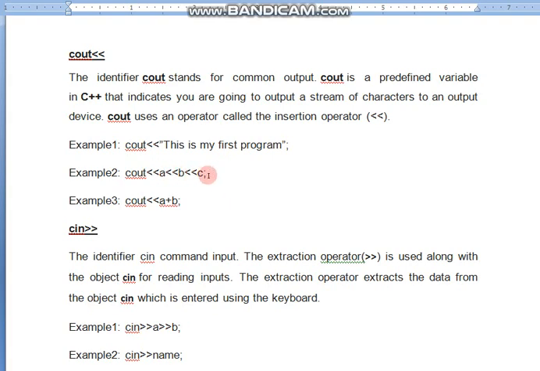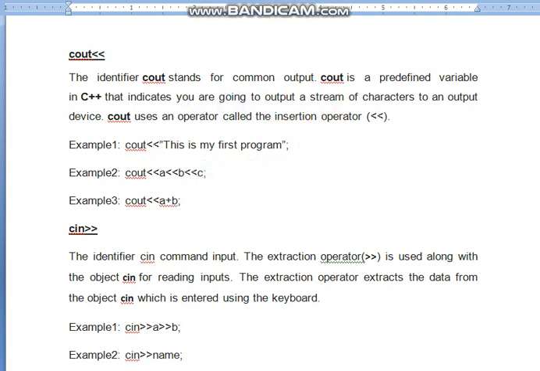Here a, b, c are three variables declared before, which have some values, and they get printed with the use of the cout object. Thereafter I did some calculation as well. I am adding the value of a and the value of b and displaying it. Hope all of you understood the concept of cout.